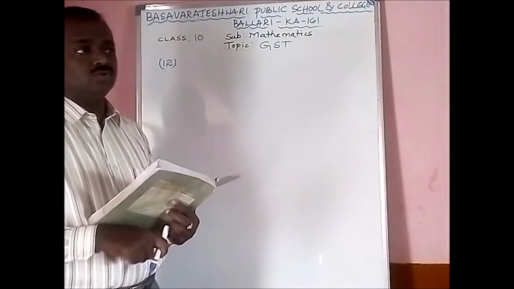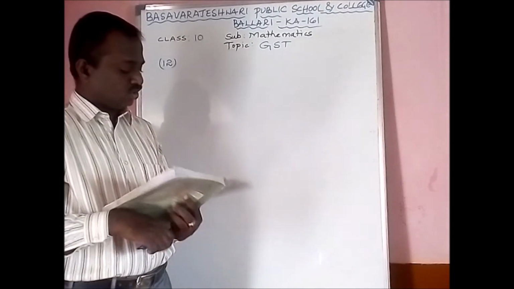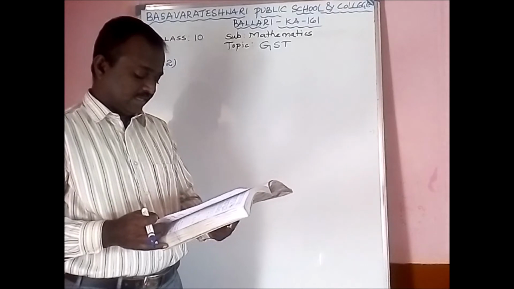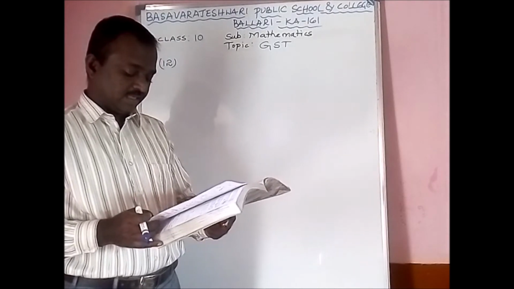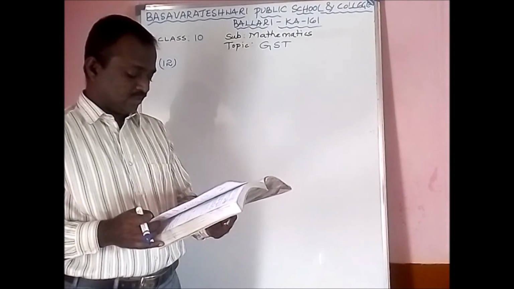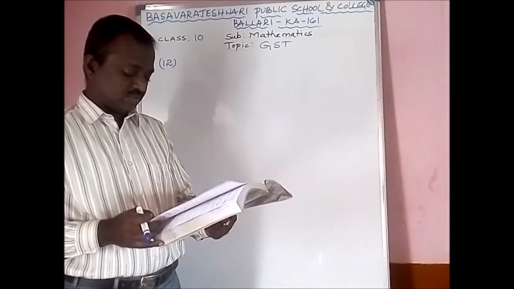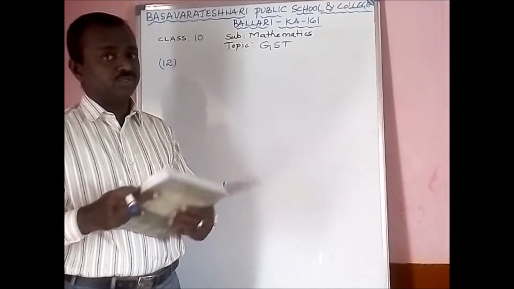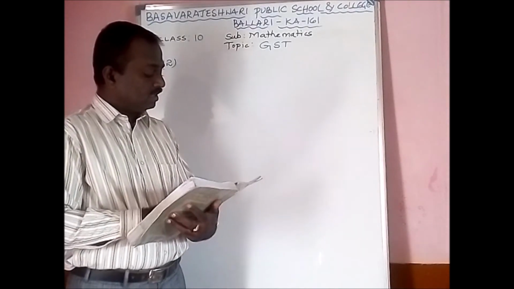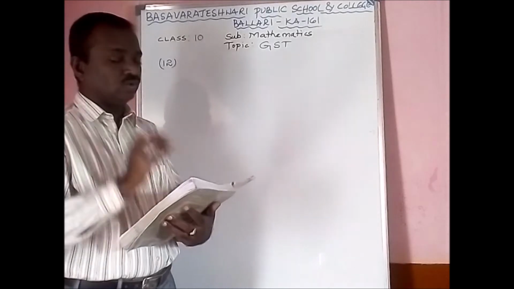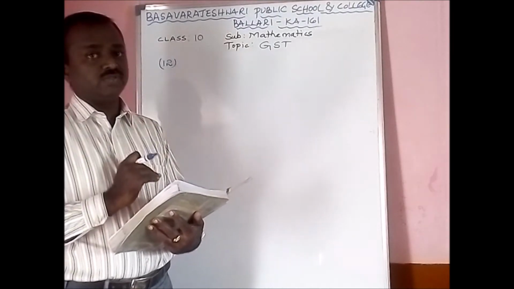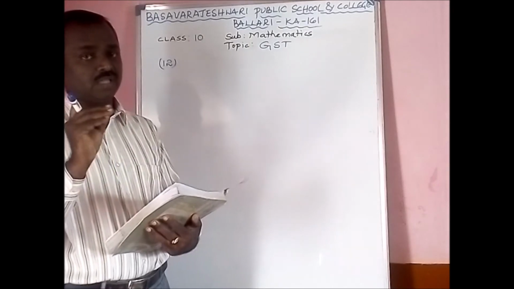So now we have to continue with question number 12 in GST. A dealer in Delhi supplied several items to another dealer in Delhi, and these items fall into different GST slabs. Find the total amount of the bill if the details of the supplied items are as given below. We have to find out the total bill. So first I will find out only item A. The remaining items B, C, D are homework for you, and finally find out the total bill.